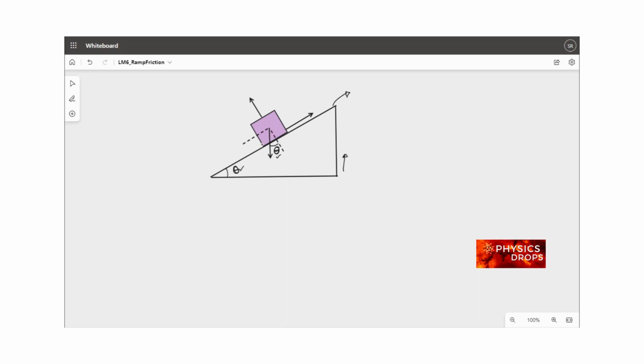Now let's come to the surface here, and there is some friction. So we know from the previous video that there is a frictional force that is stopping the block from sliding. As we increase the slope, the block cannot slide down because there is a frictional force, static friction Fs, which is acting this way. That's why it cannot slide down. Now let's look at what the horizontal and vertical forces acting on the block are, and we'll try to find out what is the maximum angle to which this ramp can be holding the block